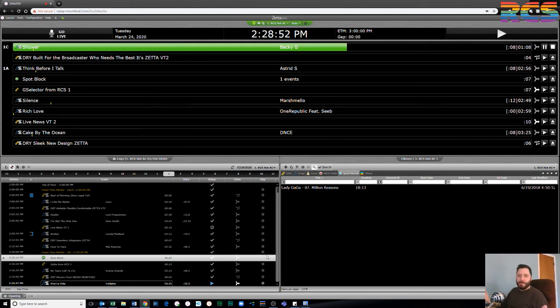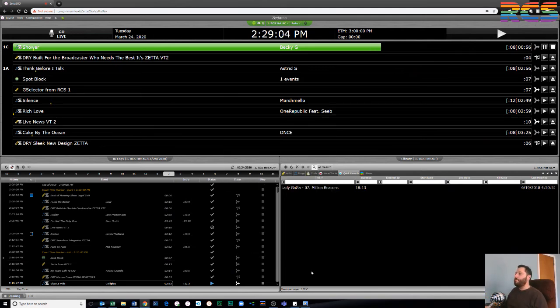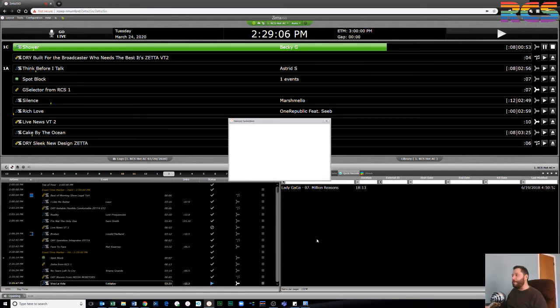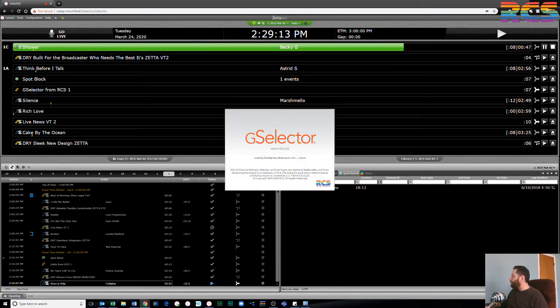It could be a 20-minute file followed by a spot block, and then hour 1, segment 2 after the spot block's over. And what you're doing is you're always recording the next break. And with Zeta, you can drag and drop audio into Zeta. If you have an auto import folder with a VPN, you can create a public folder somewhere there as well. So you can have some type of